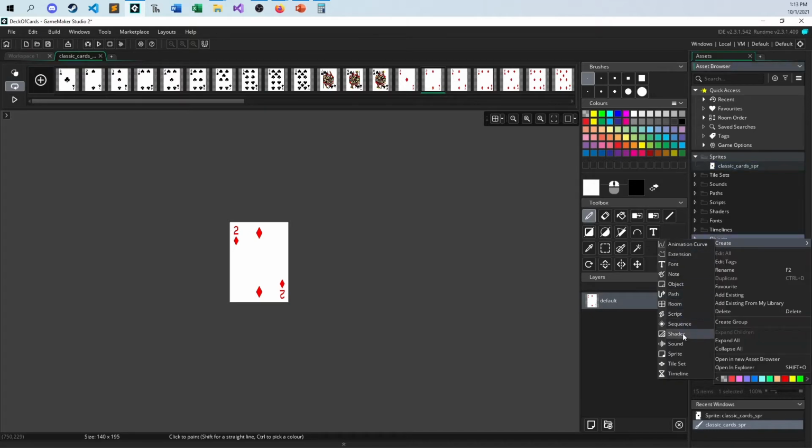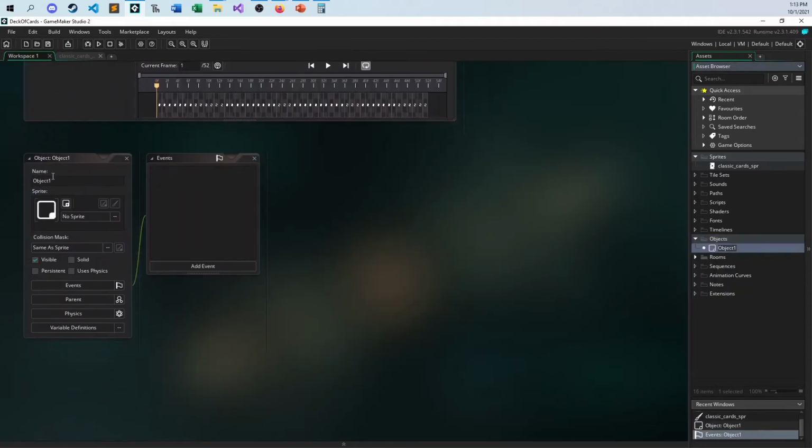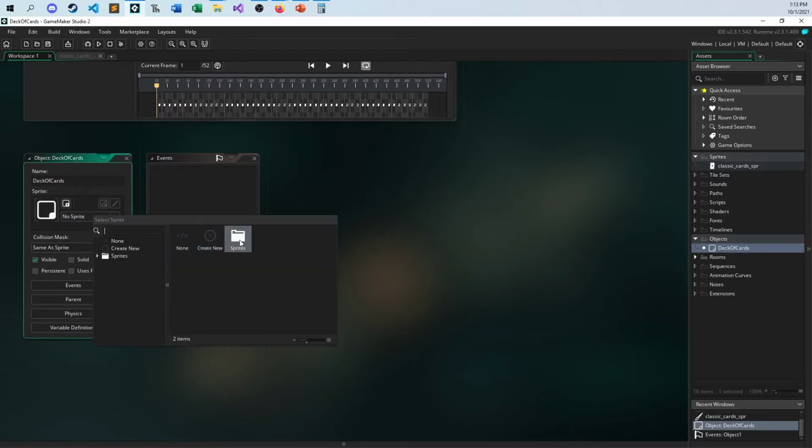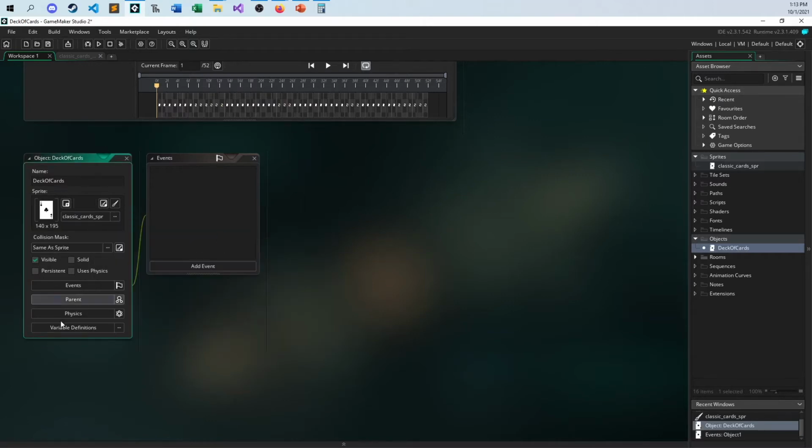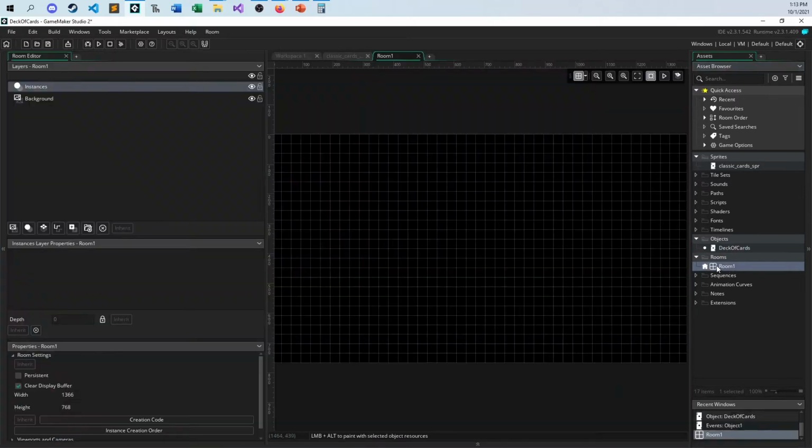So I'm going to create an object here, and I'm going to call this a card deck, or deck of cards. And I can spell. I really can. So there's my deck of cards. And if it makes you feel any better, you could go ahead and use this sprite. The only thing you have to watch out for, we're going to change things up a little bit, but if you know how things go with animations, if I put this object in the room